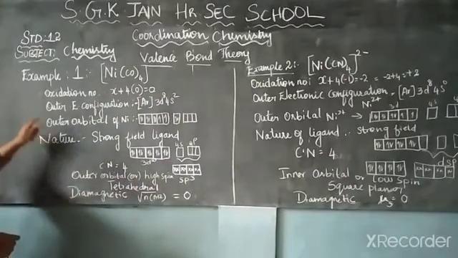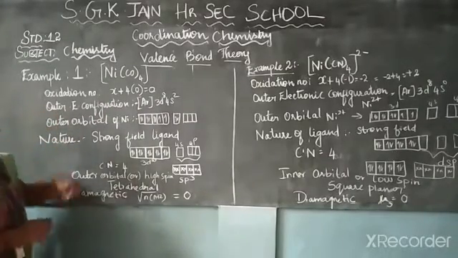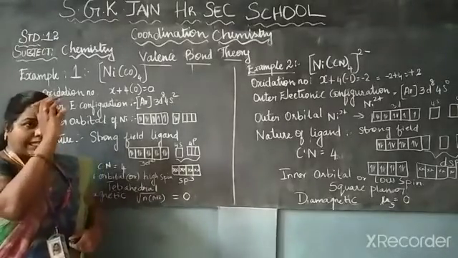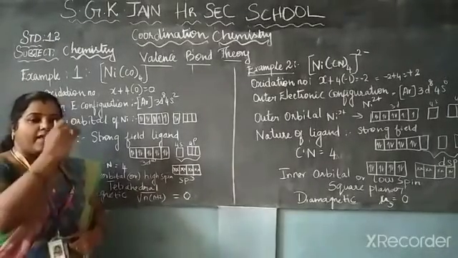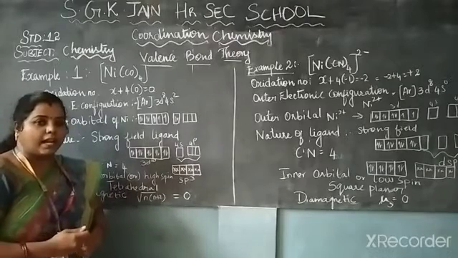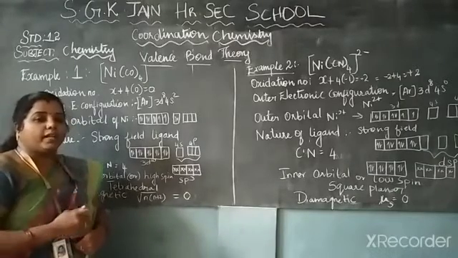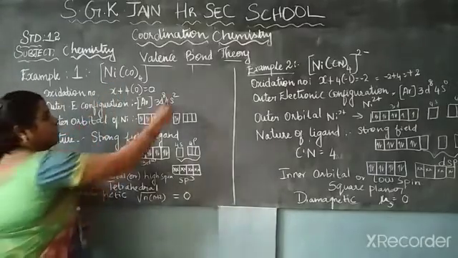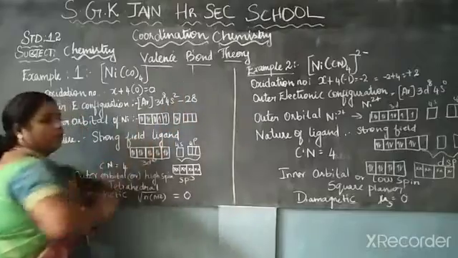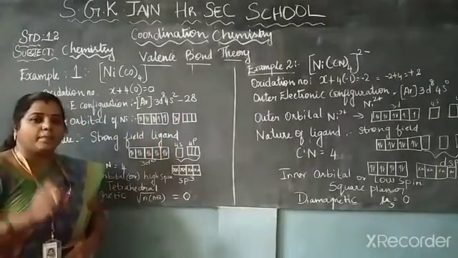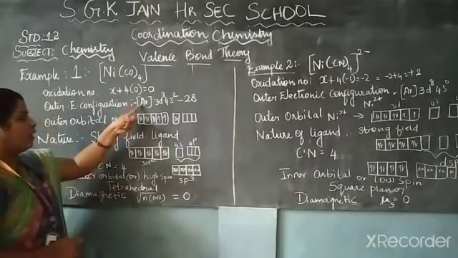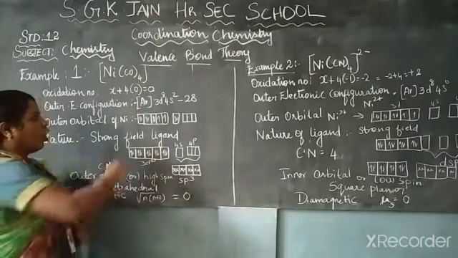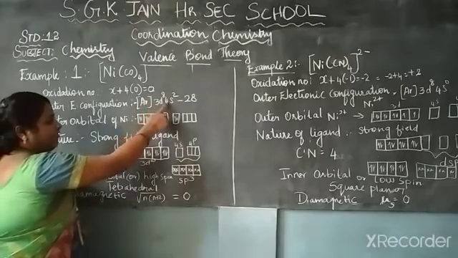And next, the outer electronic configuration. For this outermost electronic configuration, we have to know the 3d series. In the 3d series there are 10 elements. We should know the 10 elements in order, with their atomic numbers and electronic configurations. Here nickel's atomic number is 28. How can you write the configuration? Based on the noble gas, here argon, whose atomic number is 18. Compared with argon, you will have 3d8 4s2.